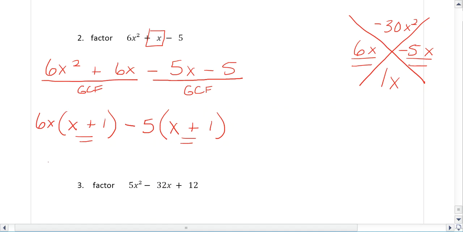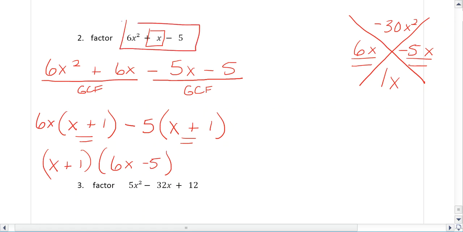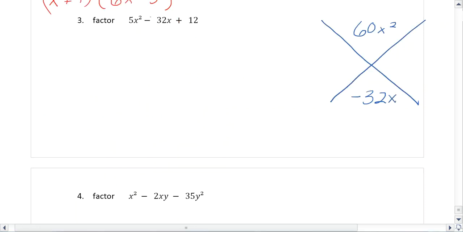Now x plus 1 is the new GCF, so we pull it out in front, and what's left behind is 6x minus 5, and if you FOIL that, you will indeed end up with the original trinomial, so you can always check your answers. In example 3, again searching for GCF and not seeing any, we